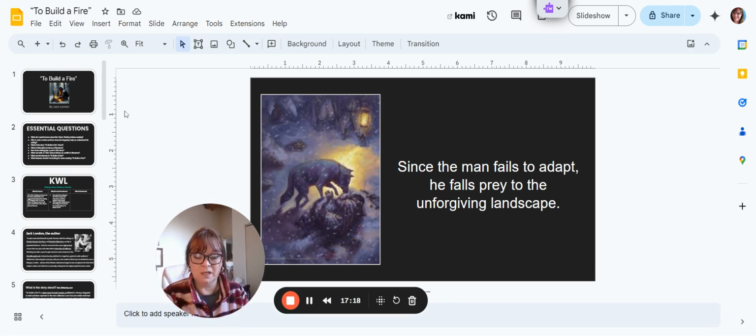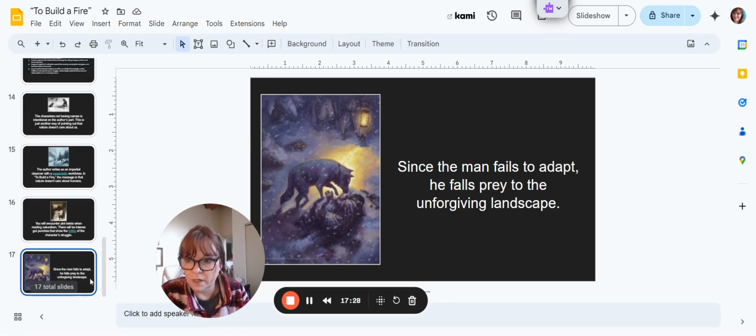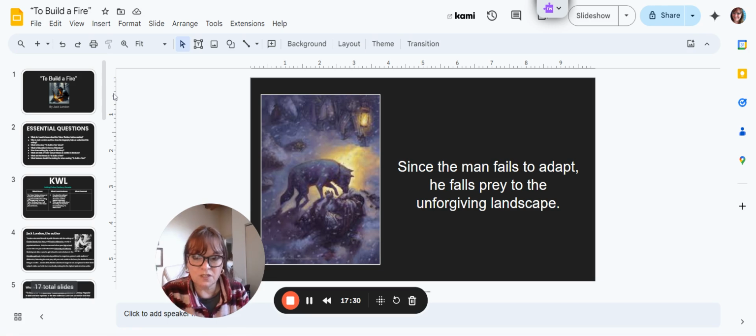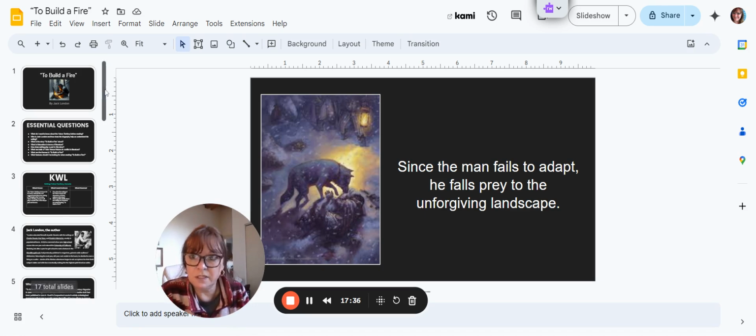It's still frigid. And if anyone has ever watched Ice Road Truckers, you kind of know what those guys are dealing with, and women, those Ice Road Truckers deal with. So I will look for a video so that we can get a sense of what it's like to be in the Yukon Territory and what this character is dealing with.